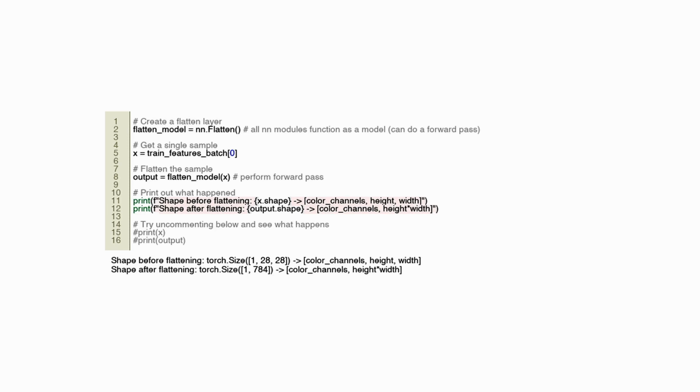The next two lines print out the shape of the sample before and after flattening, showing the transformation from a three-dimensional array to a one-dimensional vector. Lastly, there are two lines of code that are commented out. Uncommenting these would print out the values of x and output, showing the actual data before and after the flattening